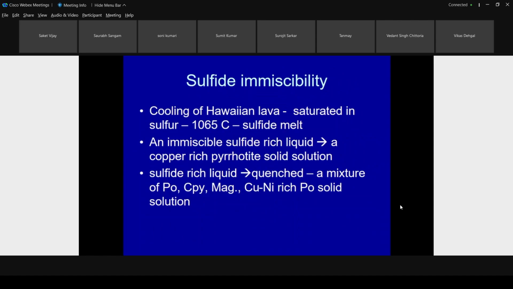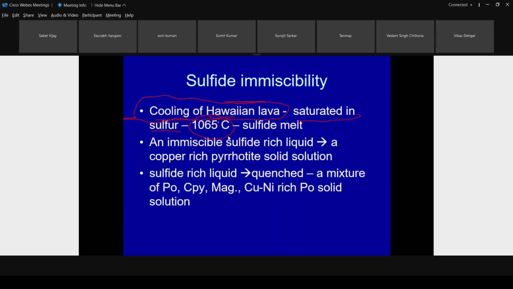Especially we are talking about sulfide immiscibility. Of course, you have oxide immiscibility also, but sulfide immiscibility was the first process geologists were able to understand. Geologists were studying Hawaiian lavas. As you know, Hawaii island has continuous lava flow. They felt that at one particular point of time, it was erupting a lava with a very high amount of sulfur, and the magma was at high temperature,